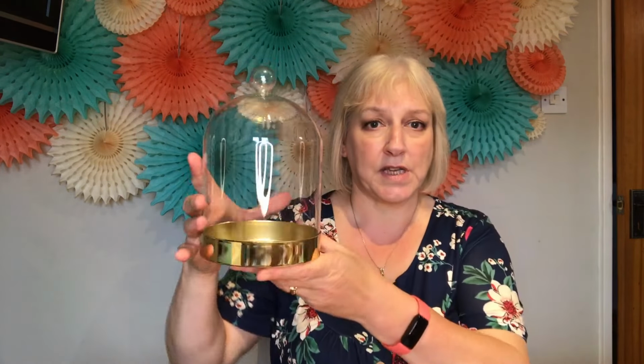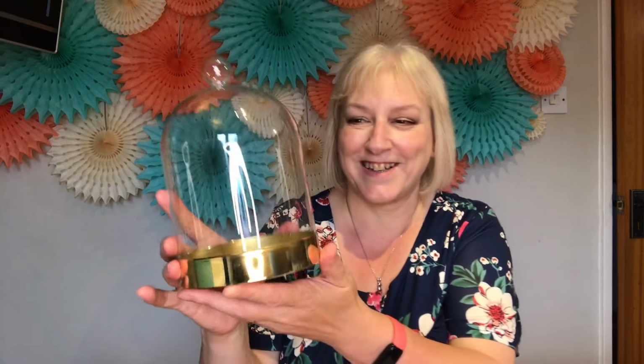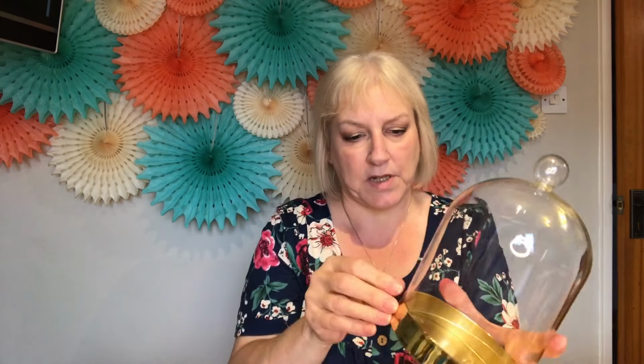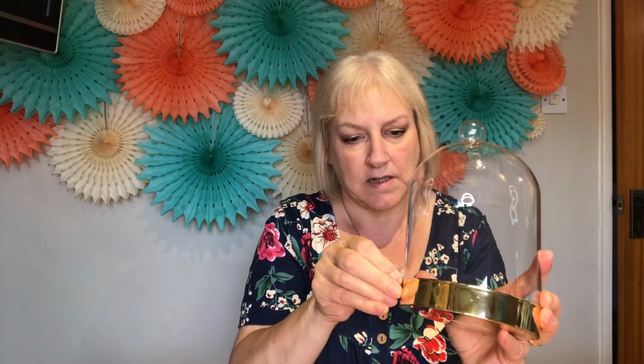I picked up this, I think they're called cloche. It's a cloche. It's just like a metal base with a glass. Hang on, I think it's taped down. Yeah, it is. Let's take the tape off. Might help if I can open it. So it's a metal base with a glass lid, a bit like what you see cheeses under, bigger ones, things